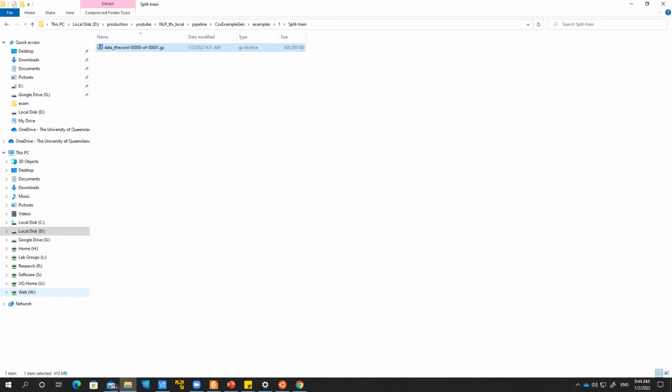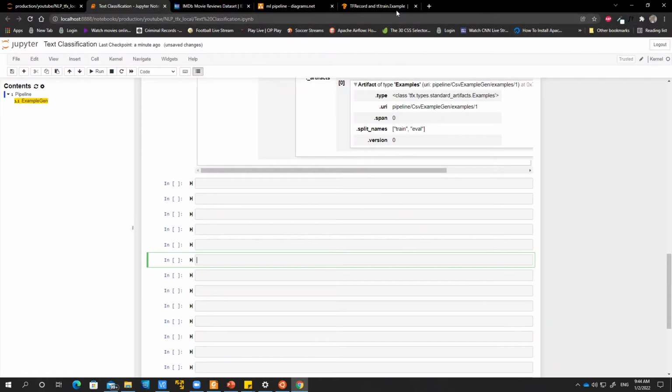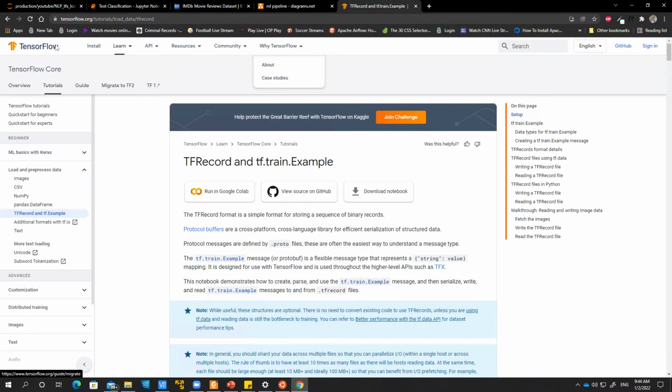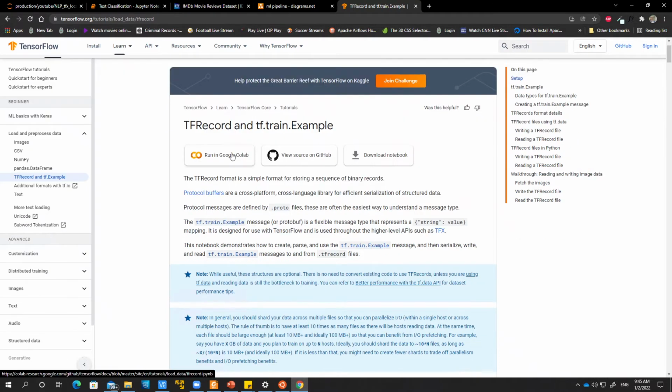So let's look at what this TF record file is. I'm at the TensorFlow website, the TensorFlow documentation. You'll find a link to all these documentations in the description. The TF record format, it says, is a simple format for storing a sequence of